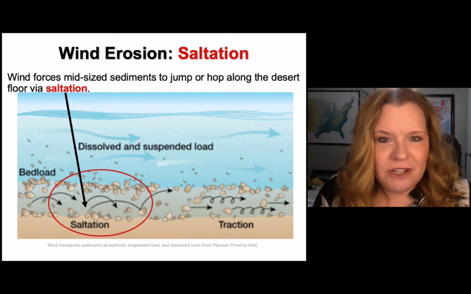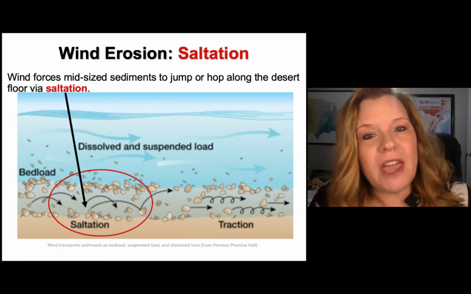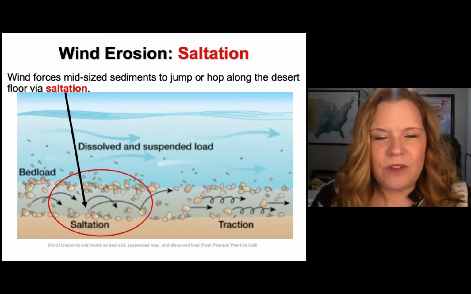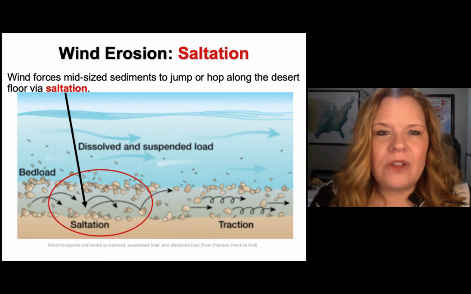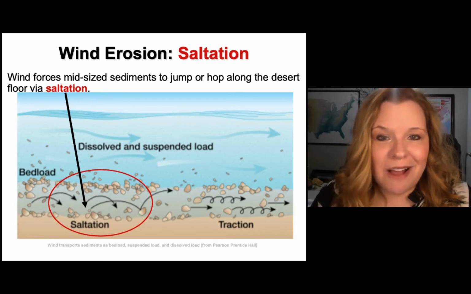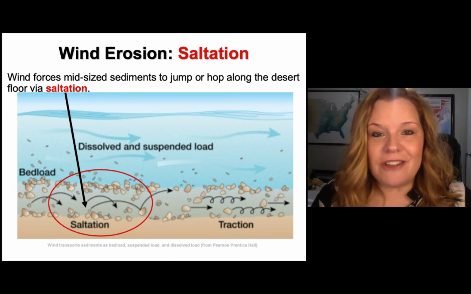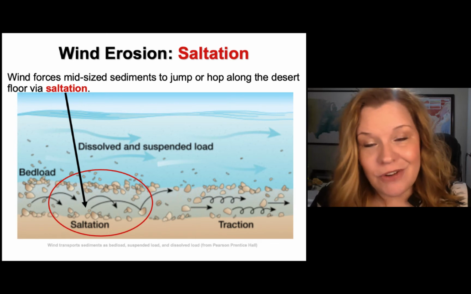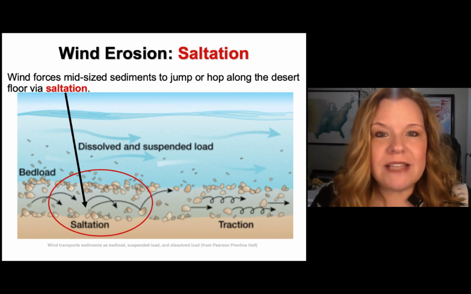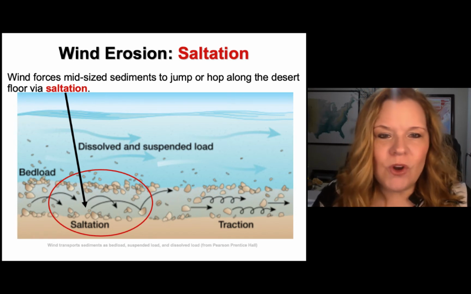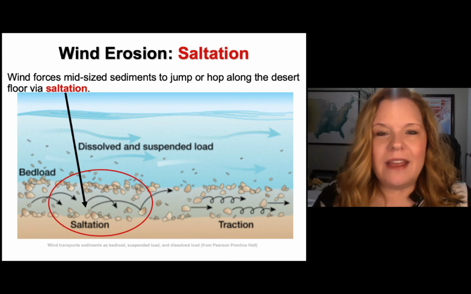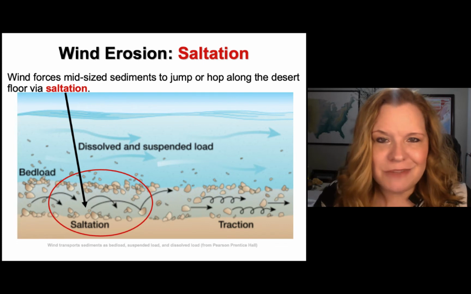So a really interesting phenomenon happens in the desert called saltation. And I like to think of saltation this way. I kind of circled where it's happening in the diagram, but I was mentioning that the bed load, one rock smashes into another and dislodges new rocks, or maybe breaks up a rock because one smashes into the other. So that's what saltation does, and it kind of moves things along at the bottom of the desert floor, because it's the middle-sized sediments that get to hop and jump and then bump into something else. So it's like bumper cars. That's what saltation is.